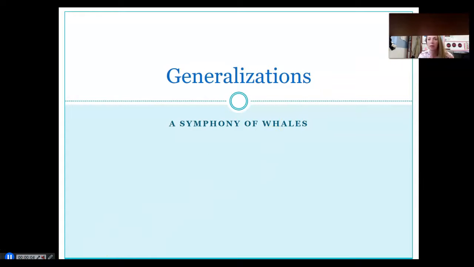I'm going to make my screen bigger here. All right, so today we're going to be talking generalizations and we're going to kind of put it all together. So all week we have been writing our generalizations, and we know generalizations say most, many, all, few, and some. But we're going to take it a step further. Today our generalizations are not going to use those words. So typically if we are writing a generalization, we're going to use those words.